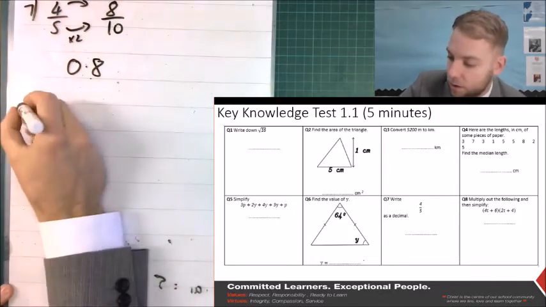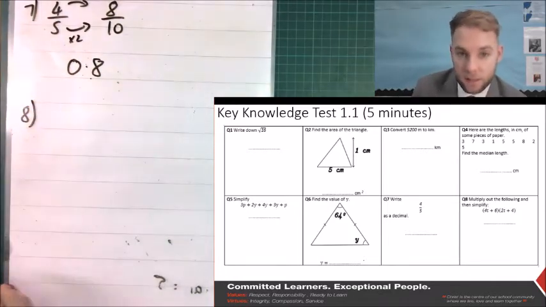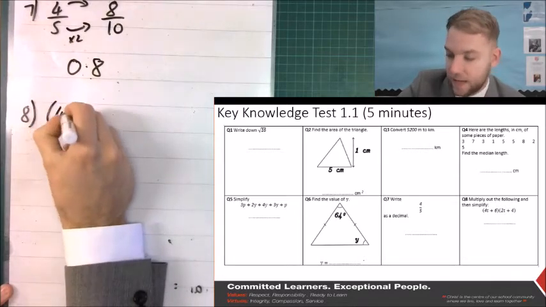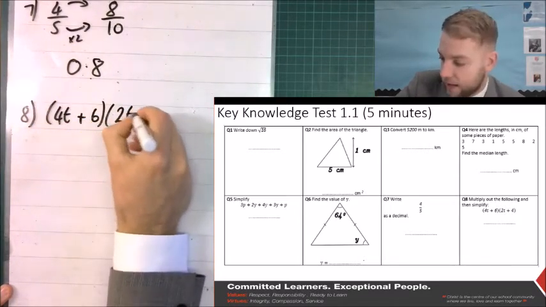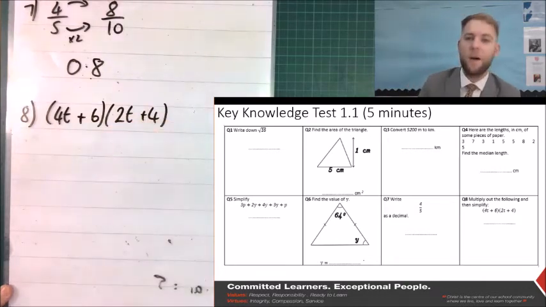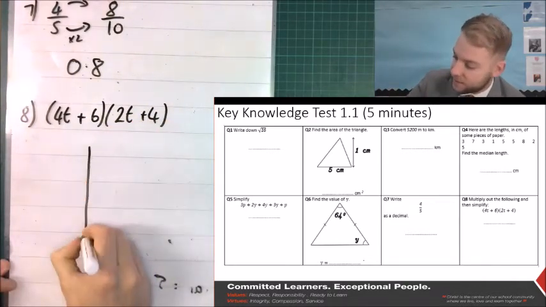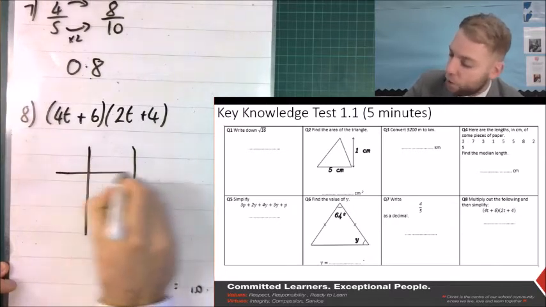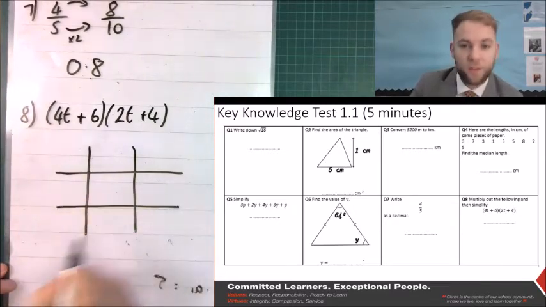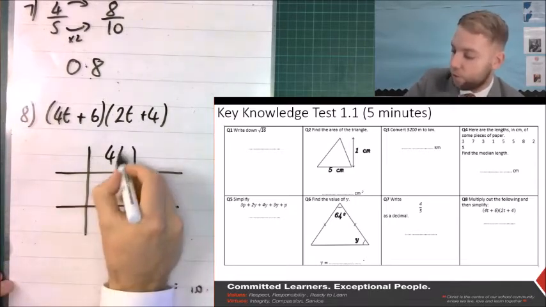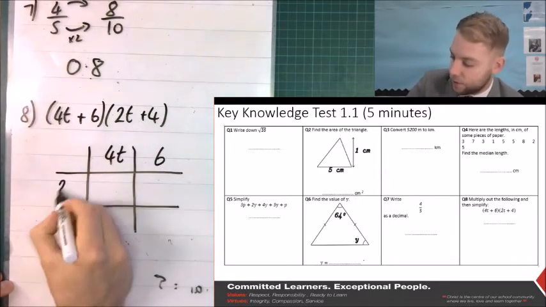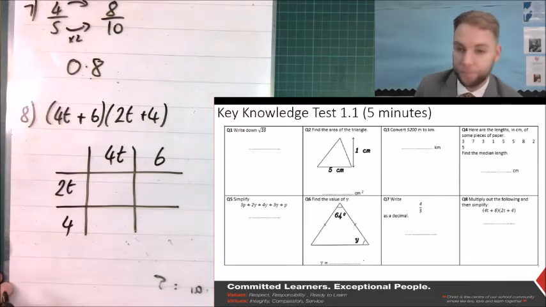And the last one, question 8. Simplify this. 4t plus 6 and 2t plus 4. Now, I always use the grid method for this. I think it's the best method. It works all the way up to 6th form when you're doing things like binomial expansion. Not that you might want to do that, but here, 4t and 6, 2t and 4,